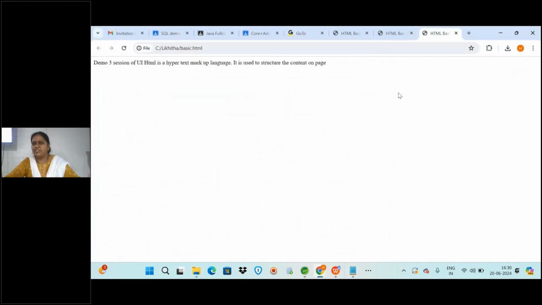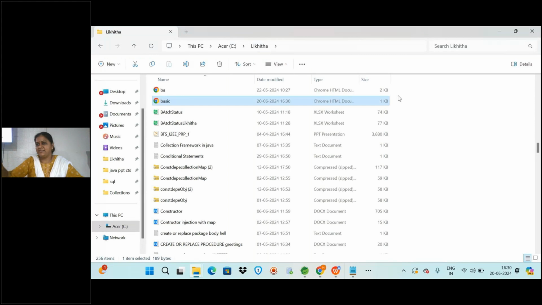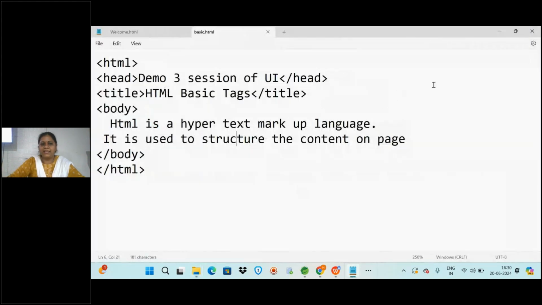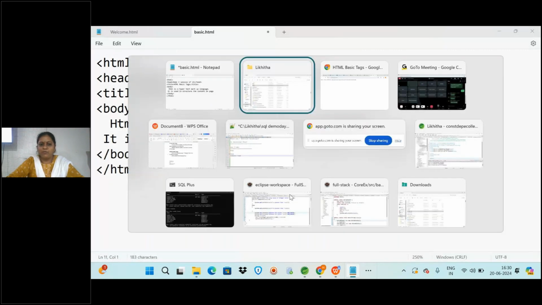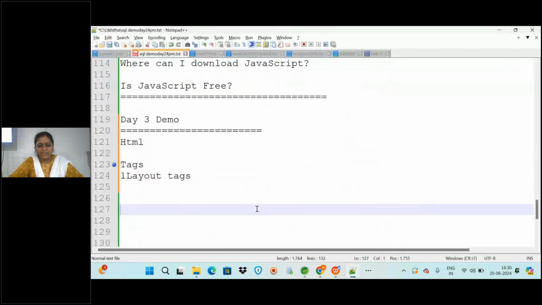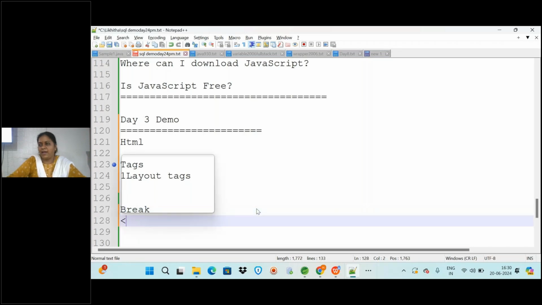See, you are getting it like this. Everything is displayed, but it doesn't look proper, right? Everything is coming under a single line. We want things to be displayed step by step, line by line. So how do we get that line by line? We have a tag here called the break tag. What is the use of the break tag? It will come to a new line. The break tag is given with BR.